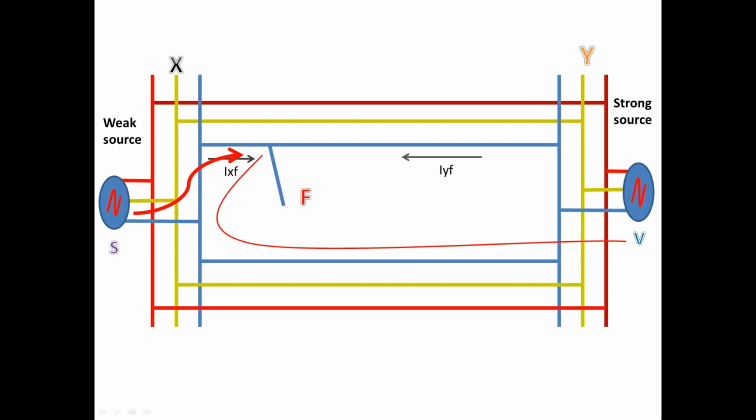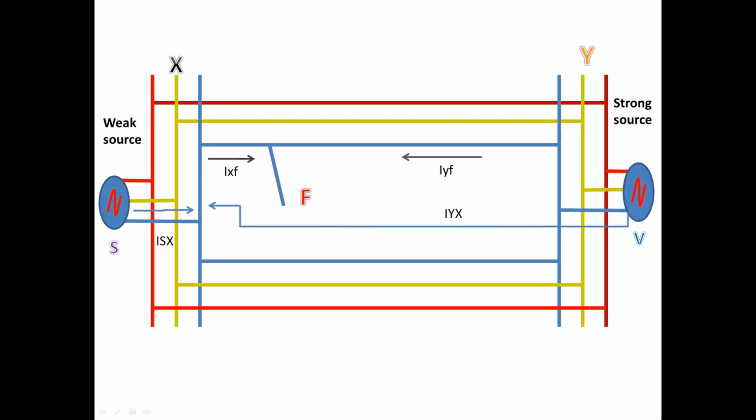Now if you see these two current paths closely, they both meet in the bus directly opposite. If this happens, the current IXF is suppressed by the current IYX,